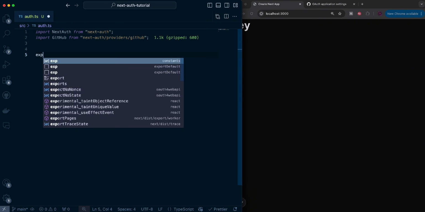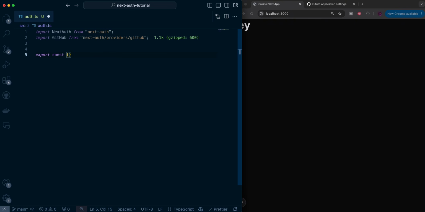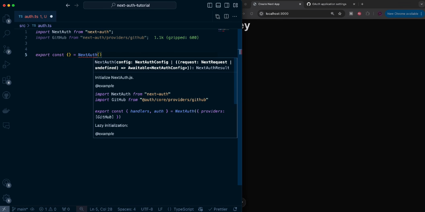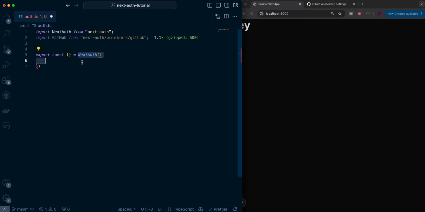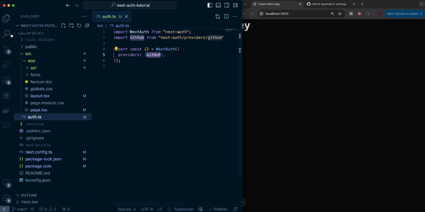Now we want to export a couple functions that are going to be generated for us based on the NextAuth function. Now to generate this instance of NextAuth, we need to pass in the providers that we're going to be using. In this case, we're going to just be using GitHub. So now we just put GitHub like this, and it will automatically infer all of the configuration variables that we created in our environment file